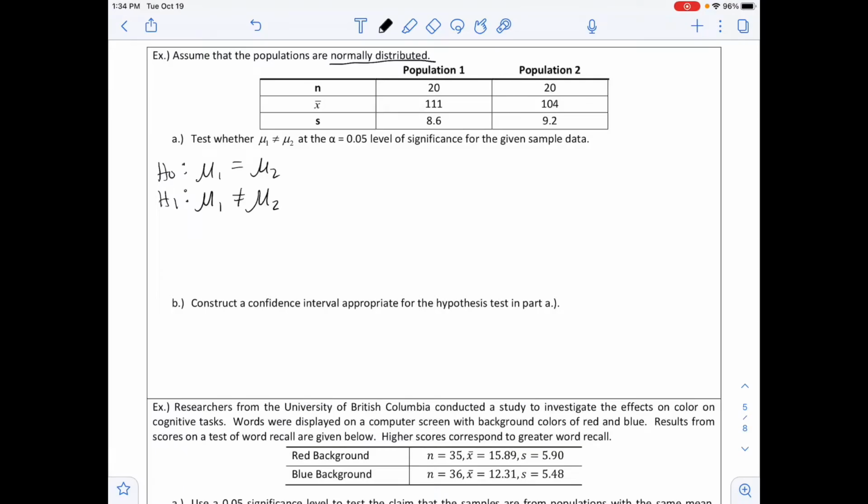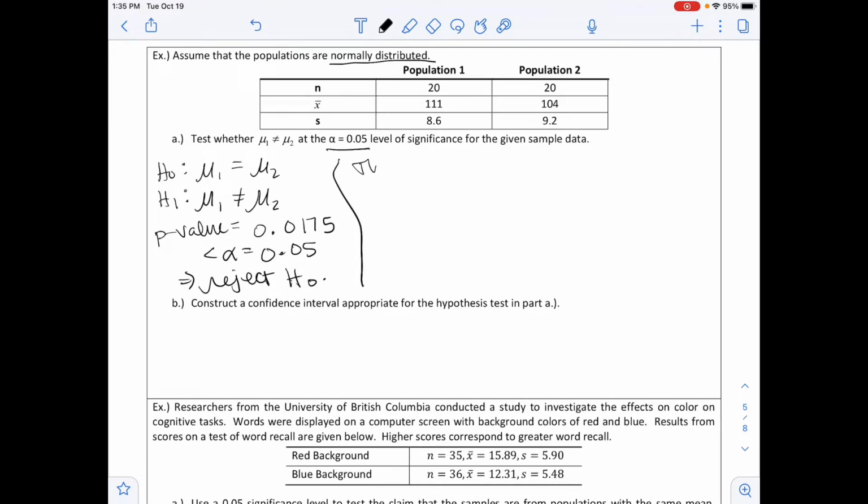From the calculator, we get a p-value of 0.0175, which is less than alpha, which is 0.05. And so this means that we are going to reject our null hypothesis, H naught. And so for conclusion, we can say there is sufficient